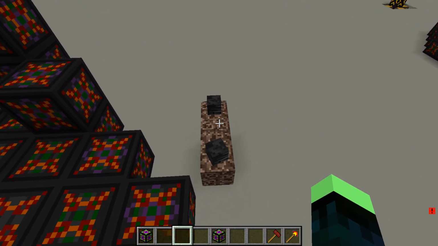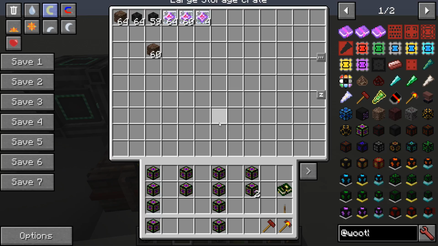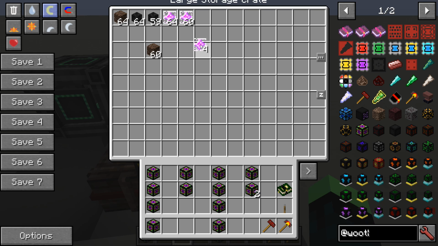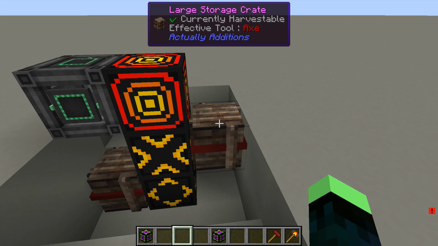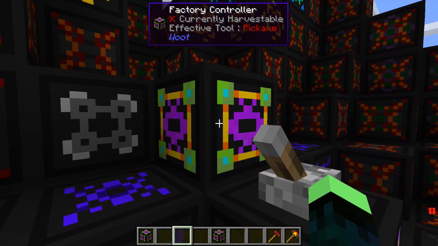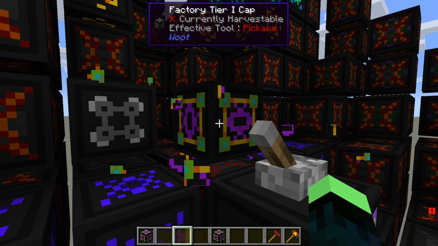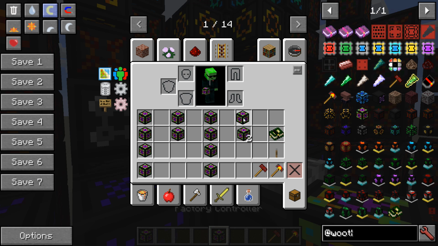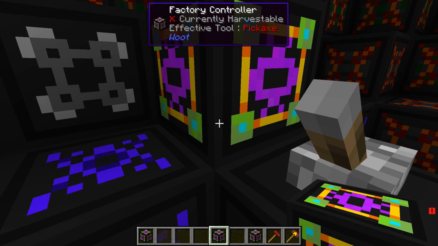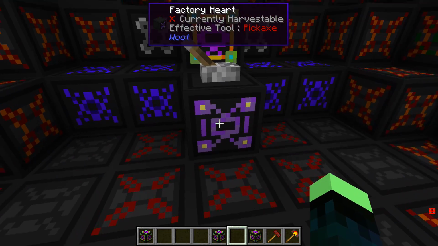Now to do the dragon, you're going to need the end crystals. So just like if you had already killed the dragon and you wanted to spawn him again, you need to place the end crystals around the end portal in the End. Well, those are the same items that you're going to need to supply the factory to get the dragon to spawn. So if we come up here and break the factory controller, and then get our dragon controller out here, End Dragon tier 4, we're going to place it there, the factory reformed, and we can look in here, and it says, wait,